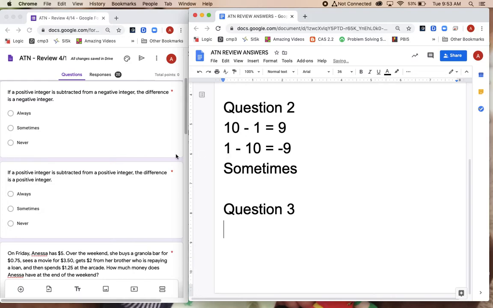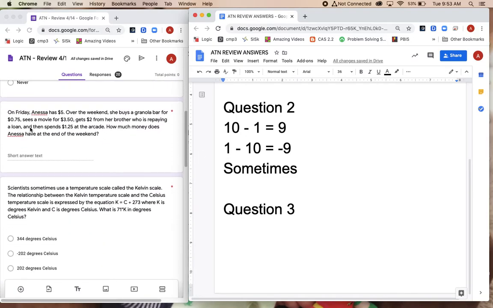Question 3. This one's talking about Anessa. She had $5 on Friday, but then she bought a granola bar. So if I start with $5 and then I buy a granola bar, that's subtracting, right? So now I only have $4.25 left, right? But then she sees a movie. So her $4.25 also gets depleted because she sees a movie. And that leaves her with